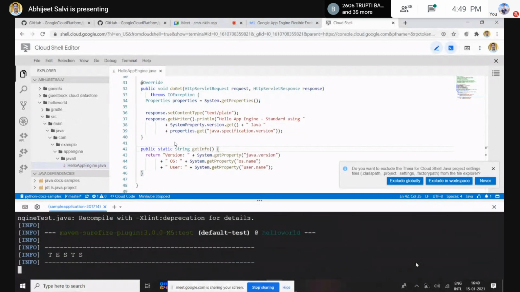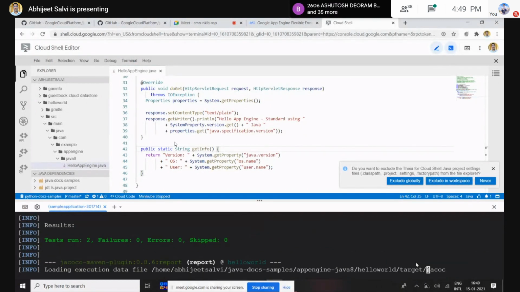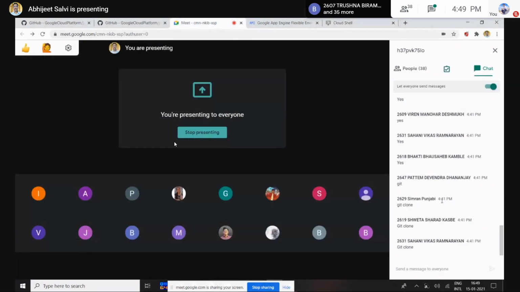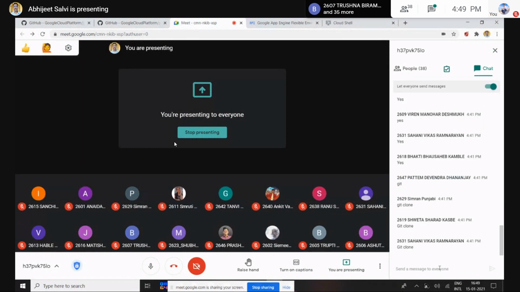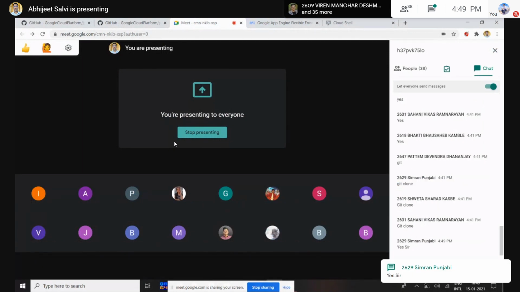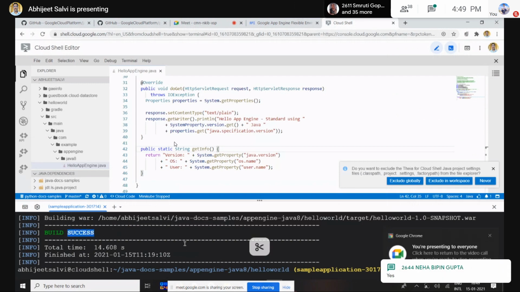There are many dependencies, so it will take time to compile. Meanwhile, let me know from your side whether you are getting this command, mvn, that is Maven, clean and mvn package to build a package of that. So let me come back. Build success, once again we got it.